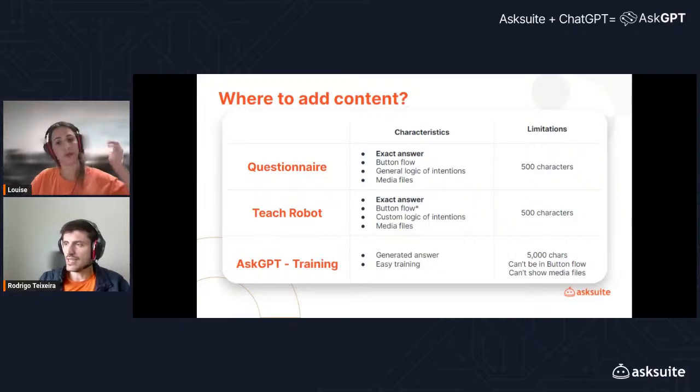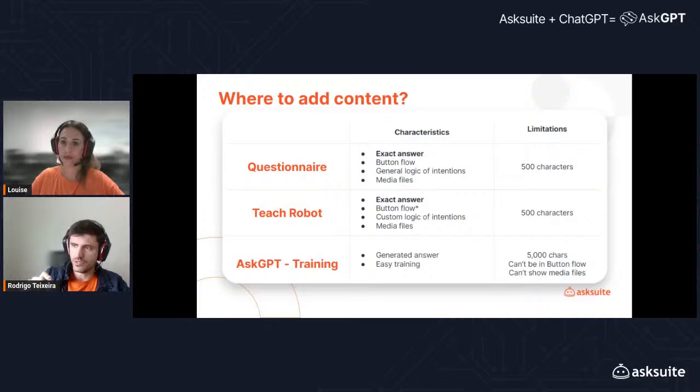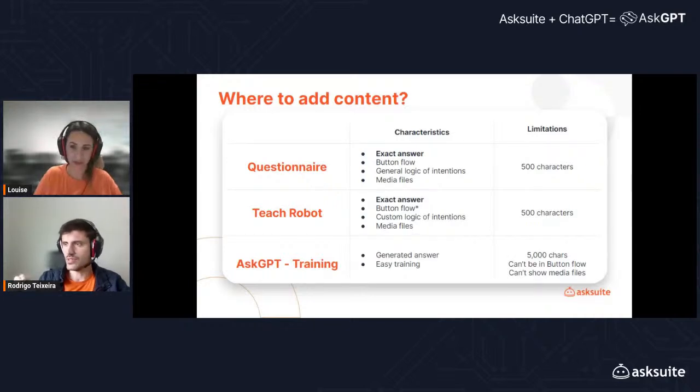The main point is that the AI will respond exactly how you set it up on the questionnaire and Teach Robot. And you can include buttons and images on these responses. So with Teach Robot and the questionnaire, the response is always exactly what you set up there.